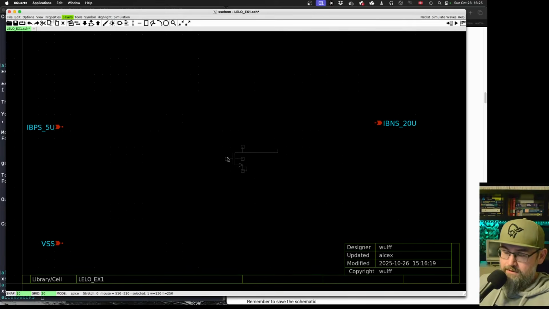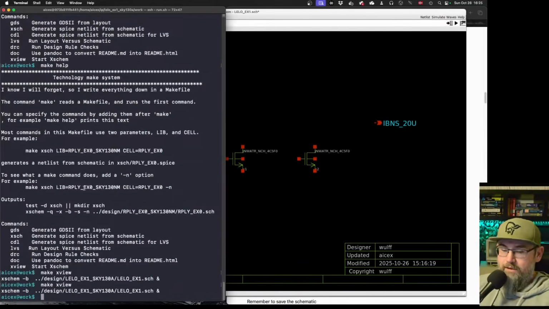So I can place a transistor here, and if I press C, I can copy it. If I press C again, and press Shift F, I can flip it. But actually, before we go any further, the good thing about having a standard transistor library like this is that you don't really have to do the layout of every single cell. I've done that for you. So with Magic, which is the layout designer,